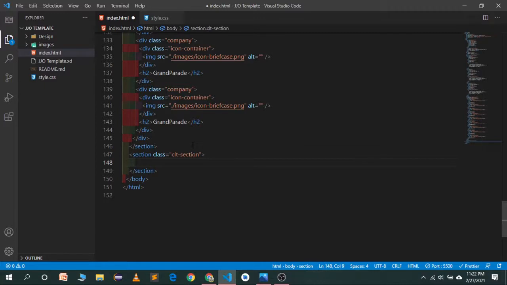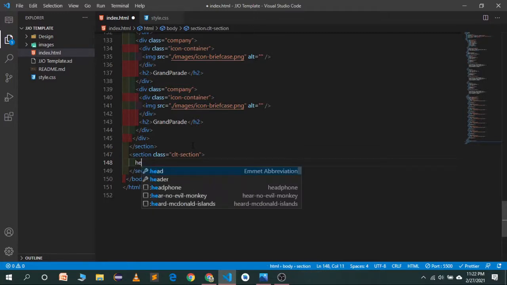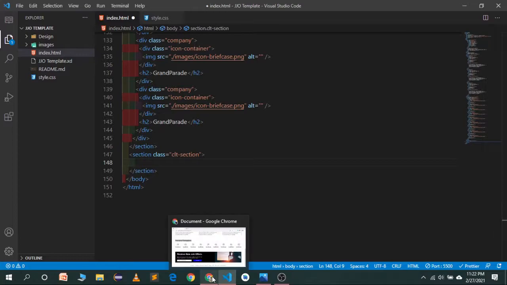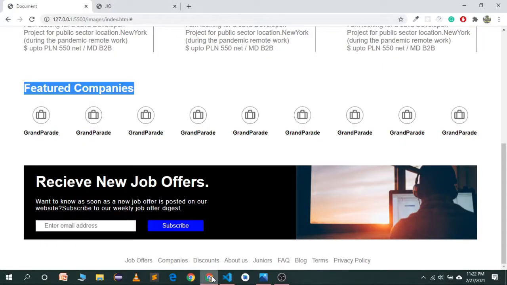I will give it a height in the CSS file. Here we just want to give it some styling, some text or content.